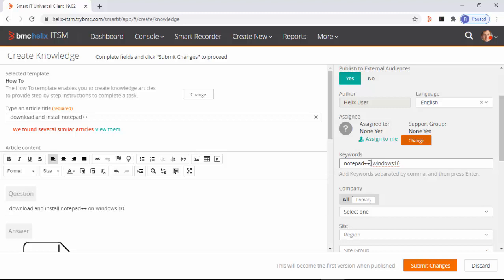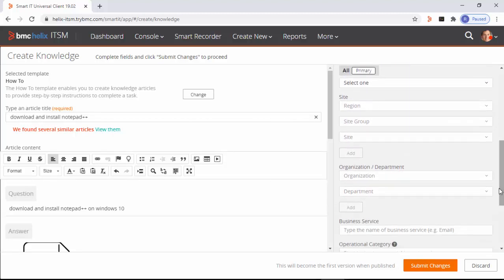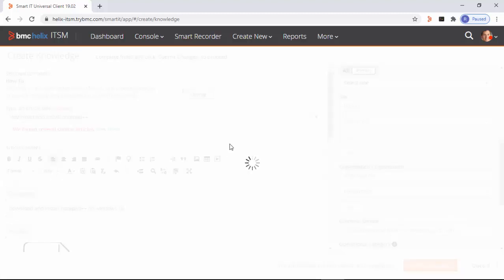This is a comma separated list. And that's it. There's categorization information which will help me to further refine access of this knowledge article. So I say I want to submit these changes. After I do that,